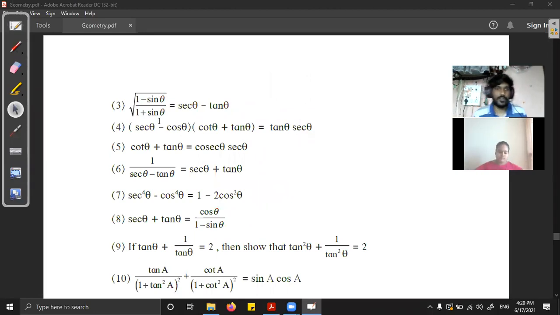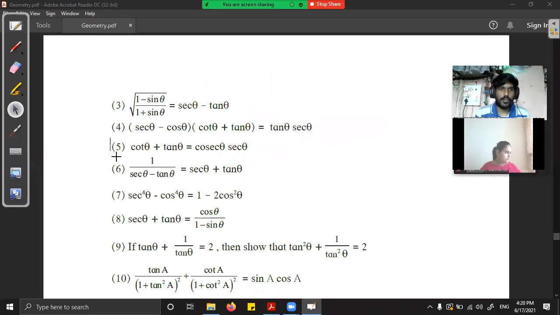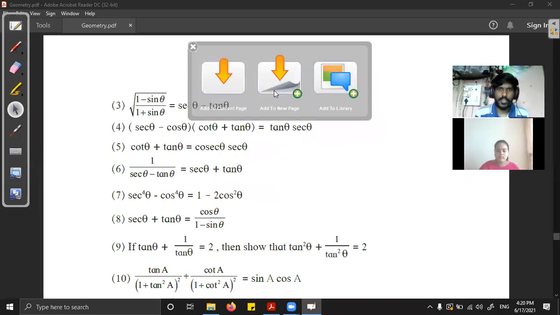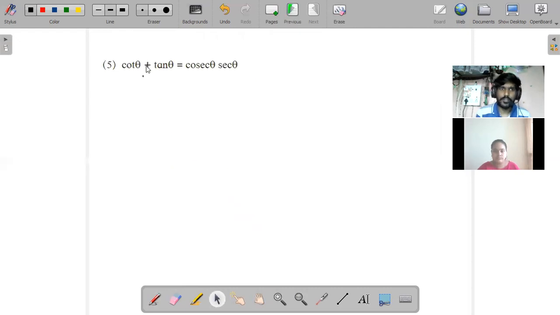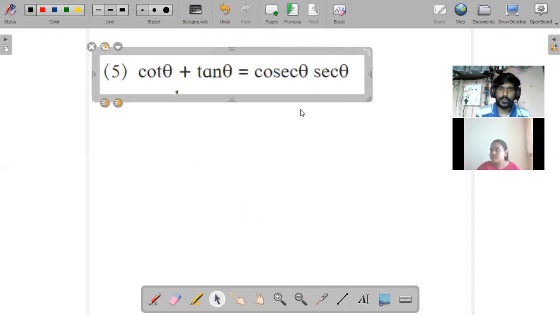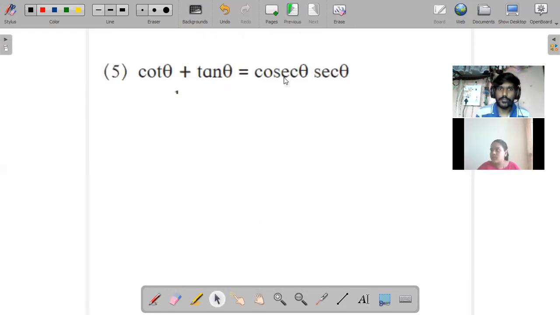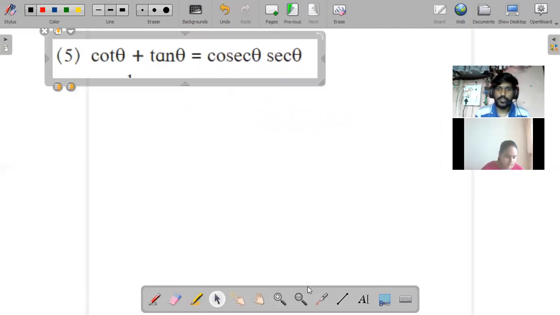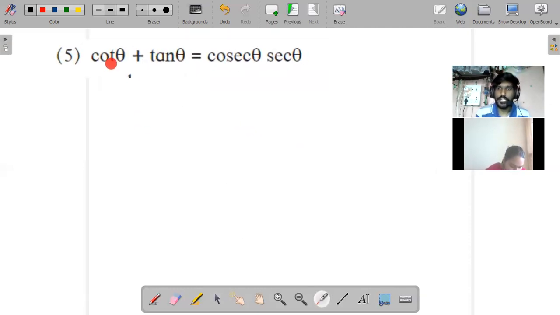Let's do the fifth one. Now, exactly the same way, can you try the fifth one? From LHS, try to get RHS. I'll give you a hint. Use the formula for cos theta in terms of sine and cos, and tan theta also in terms of sine and cos. Then do the cross multiplication. Then use the identity. Then you'll have to do the separation and you'll get the answer.